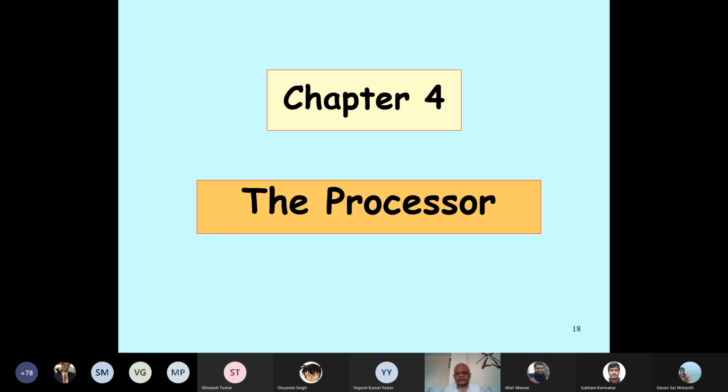But then this representation of the processor that we are going to discuss is a bit simplified. It doesn't happen that way because these are all pipelined nowadays, as I was saying. So we'll refine this basic representation of the processor with a pipelined version soon, that is after a couple of classes in chapter 5.